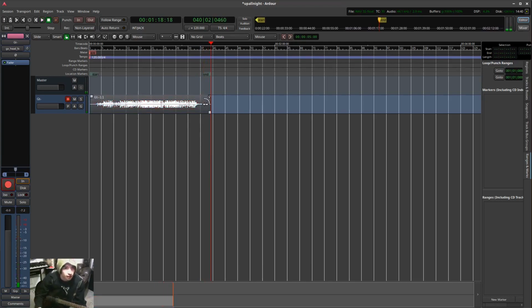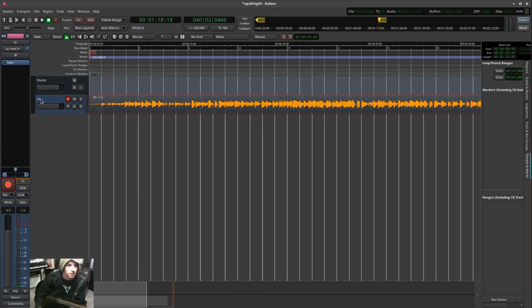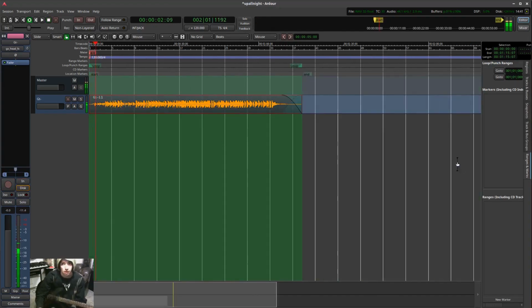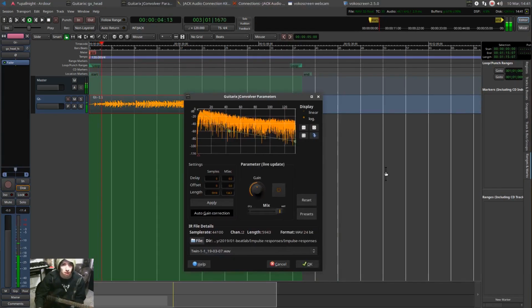Alrighty. Track. Just go like that. Cut off all the nonsense here. Put this in here, and let's hear how it sounds. So we're going to play it back. Play, loop. This is the impulse response, so